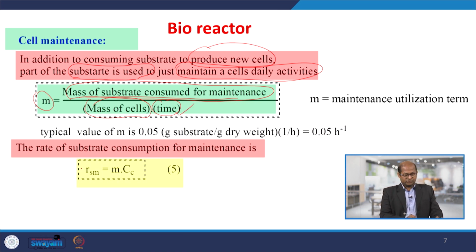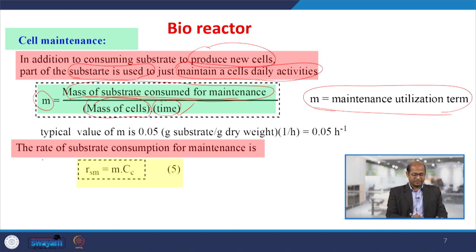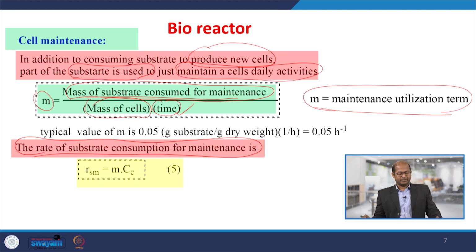Here M is called the maintenance utilization term. Then, if we want to calculate the rate of substrate consumption for cell maintenance, we have expressed M this way. Now, the rate of substrate consumption during cell maintenance we can express as R_SM. R_SM is the substrate